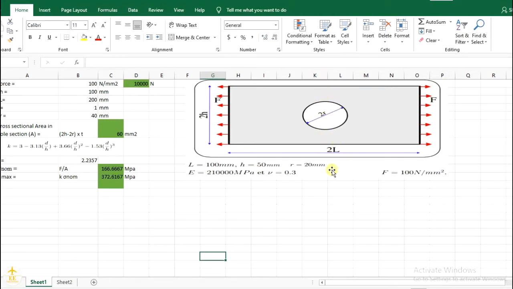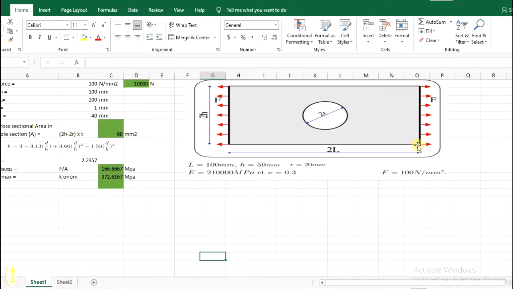For that, what I'm going to do is take the total h distance, that is 2h minus 2r, multiply with the thickness, and you will get 60 mm square. The area of the plate at the middle of the plate will be 60 mm square, whereas in this region, that area is 100.